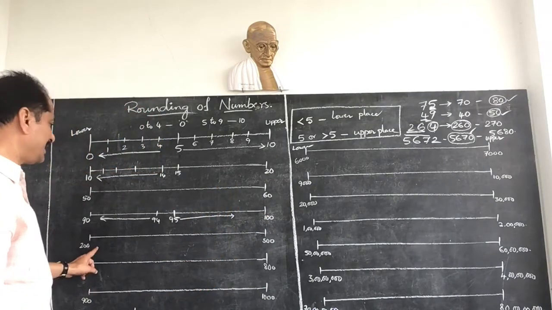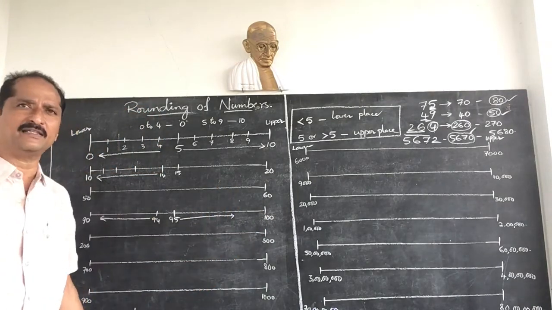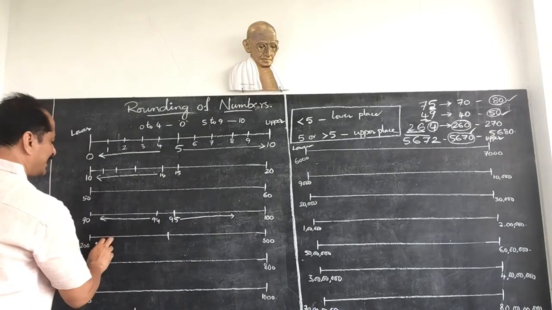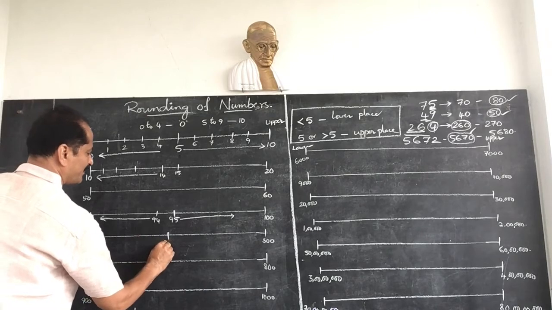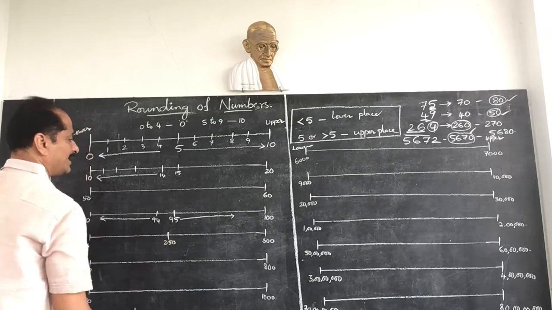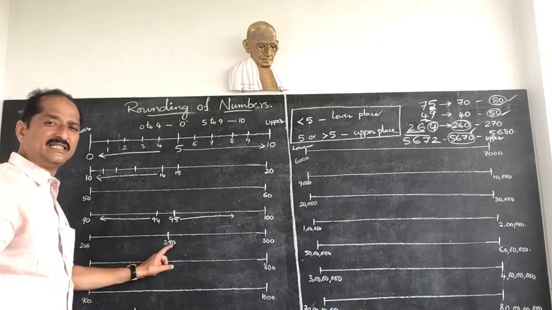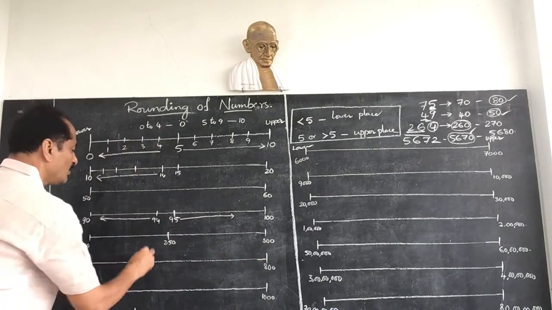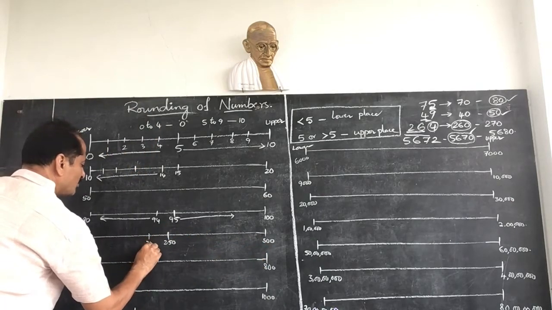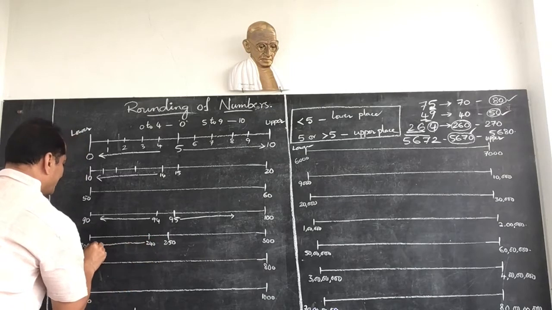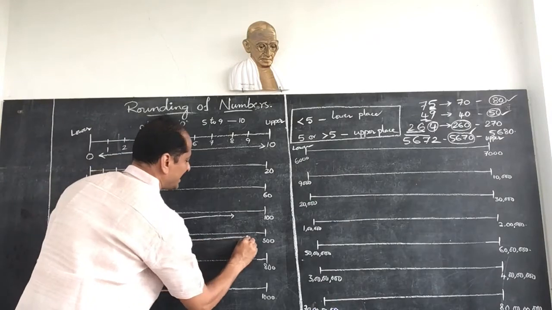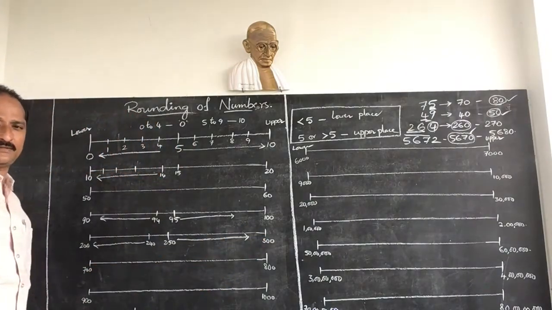Okay? In the same way, 200 to 300, hundreds place. How many are there in between? Counting in tens: 200, 210, 220, up to 250. That means this is in between 200 and 300. And 240: the numbers from 200 to 240 can be rounded to 200, and 250 to 300 can be rounded to 300.